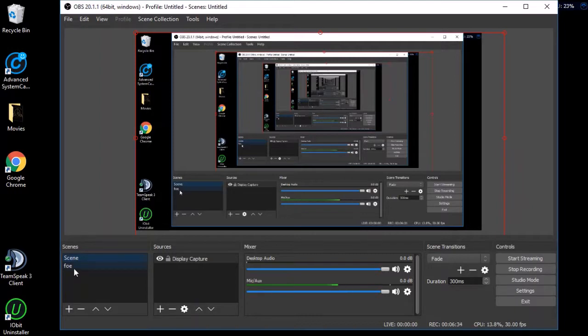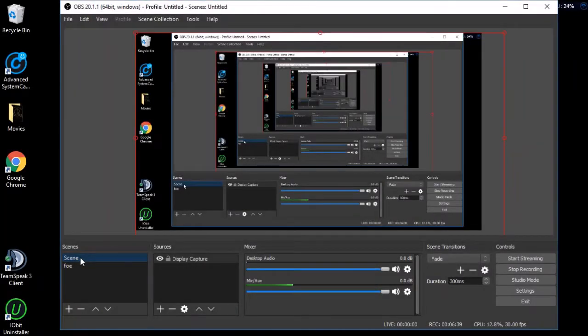You can see here I have another scene, FOE, but when I click it, the screen goes blank. For whatever reason on my specific system, it won't capture a game like in other YouTube videos that show you how to run OBS. They show you to do game capture and windowed capture, and my computer won't capture Forge of Empires on anything other than a straight display capture. So how I did that was, the first thing I did was